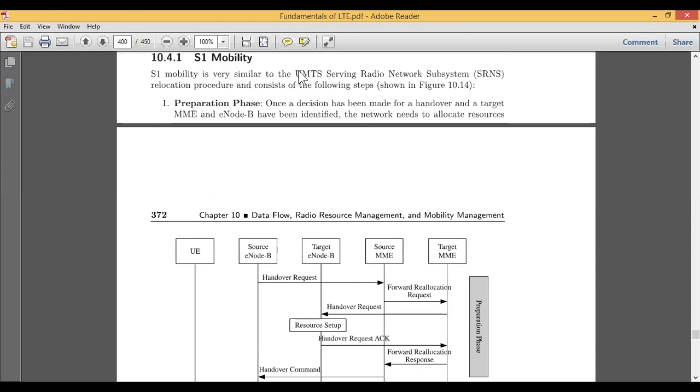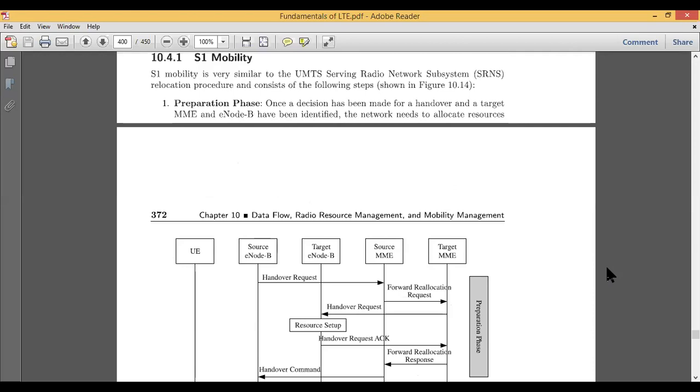So once the decision is made for handover of your call, and a target MME and eNode B have been identified, that is just like your number, right? You have decided to make a call to some person, and you have decided which number you need to call. For example, if a person has two numbers, out of the two, you have already decided which number you want to call.